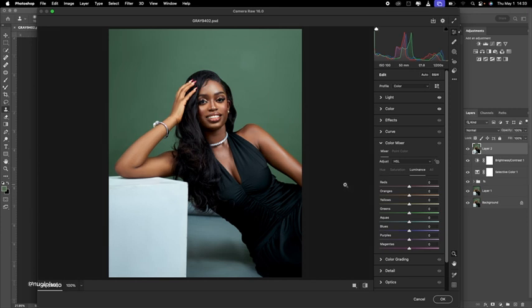This color mixer gives me the privilege to play around with the basic colors my picture carries. For instance, the background is a mixture of green and aqua. So I can easily adjust it. Now this color mixer is broken into three parts: the hue, the saturation, and the luminance. The hue, now most colors have